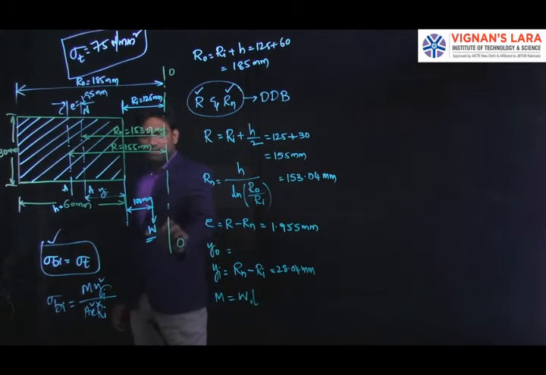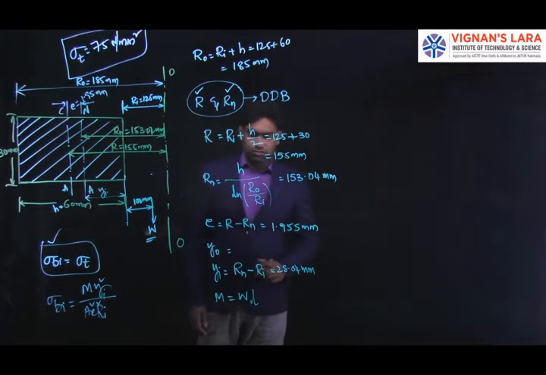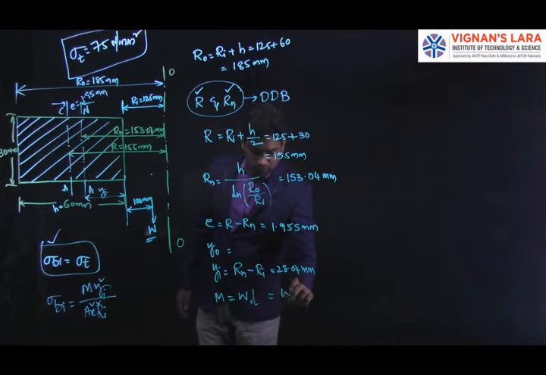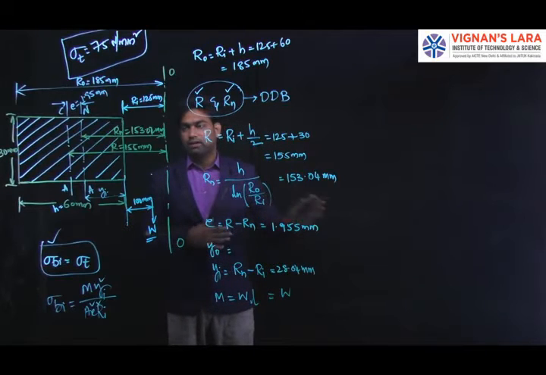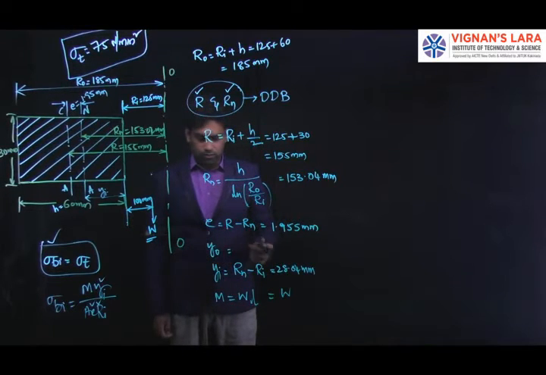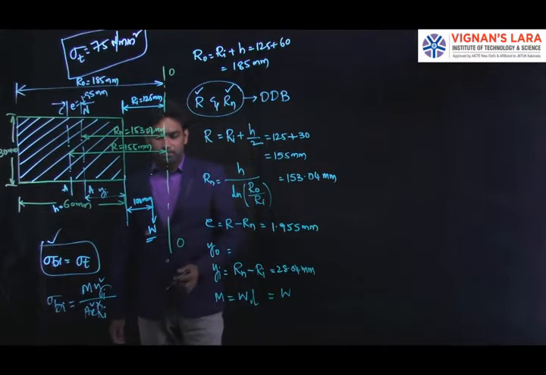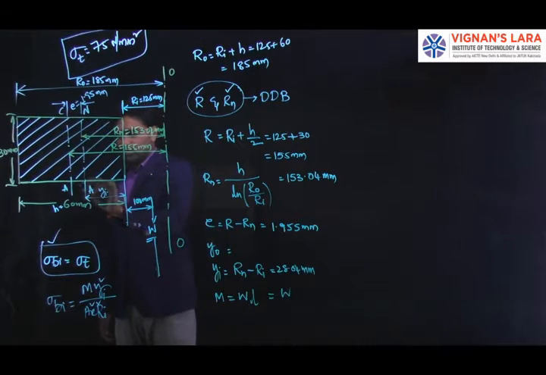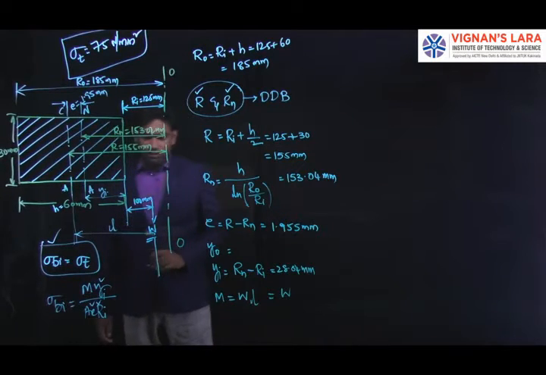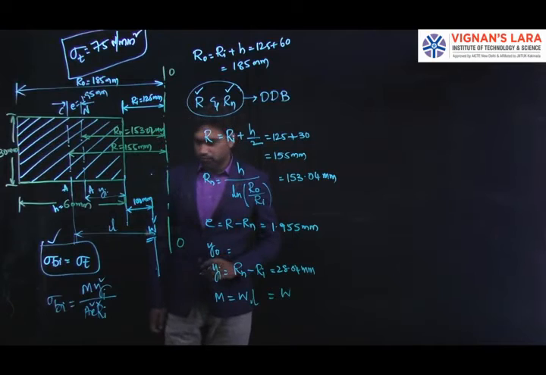But here the load W is unknown, so you can keep it in terms of W as it is, so that the total moment is obtained in terms of load magnitude W. But what is the value of L? As stated, L is the distance from the point of application of load to the centroidal axis. So it is the distance from here to here. This represents the length L, the perpendicular distance.